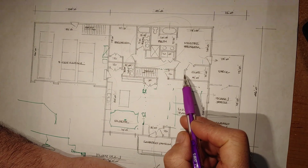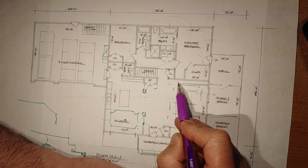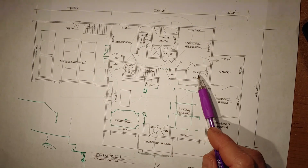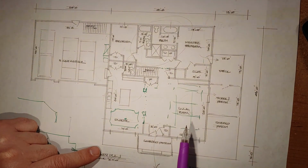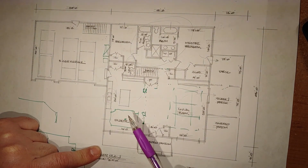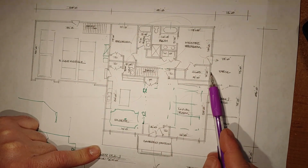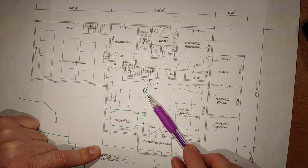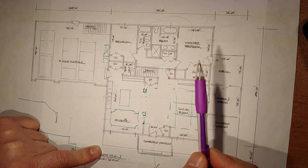So anyways, he did suggest that maybe I steal a little space from the living room here and bring this back, and make it a real big closet. And that's cool. So when I designed this house, obviously it wasn't built for form. It was built for function. And there were a couple things that I wanted when I started sketching this around. I wanted the bedrooms in the back, the bathrooms in the back, clustered together. I wanted a large closet for her. I wanted a basement. And that was almost it. I want a nice big tub. That's going to be a 6-foot tub,